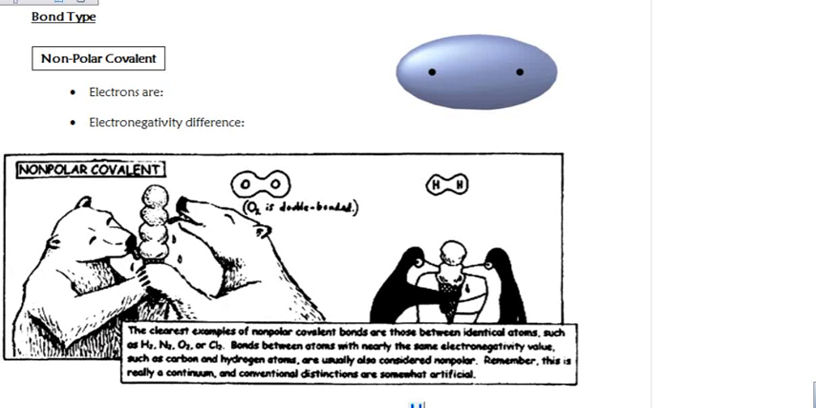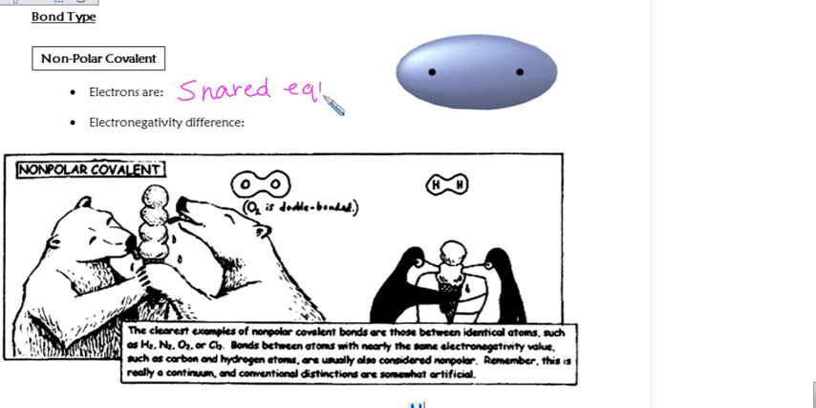In the past, we classified bonds as either ionic or covalent. Ionic bonds transfer electrons, covalent bonds share electrons, in order to give everybody an octet. We can actually break down the covalents a little more specifically, and we'll classify them as nonpolar covalent or polar covalent. In this nonpolar covalent bond, electrons are shared, and they're shared